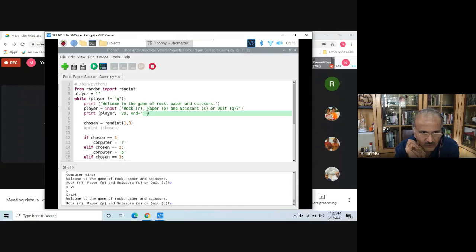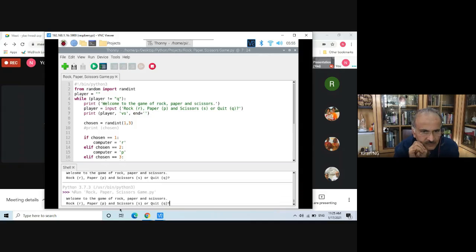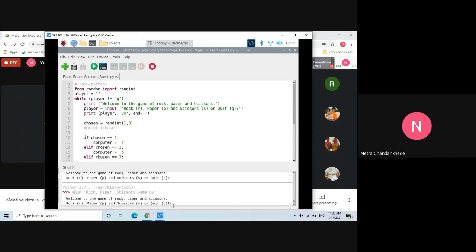That should have been in that VS in the middle, no? There is only a single quote left. Close the single quote. Yeah, now save it and run it. Okay. But there's no space. I guess I have to add a space. Yes, yeah.